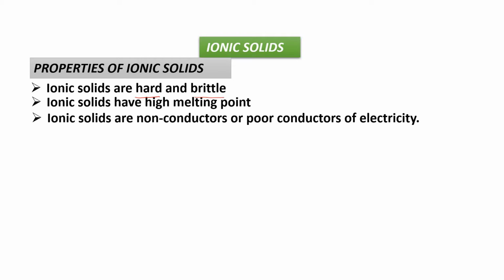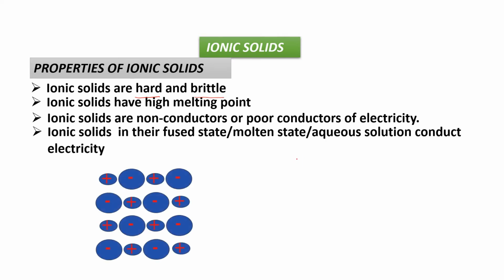When a substance conducts current, the ions must move, and then only will current flow. But in the case of ionic solids, the positions of ions are fixed. They cannot move from their mean positions. So once they cannot move from their mean position, they cannot conduct electricity. But one exception is there. What is that exception? If it is in the fused state, molten state, or aqueous state. Both fused and molten states look the same. Fused means nothing but paste nature, or semi-solid.